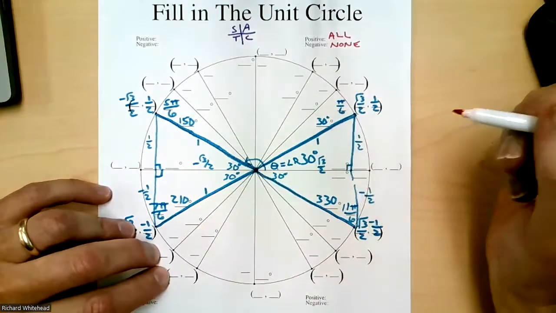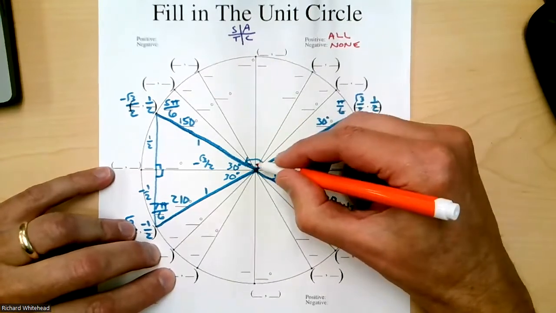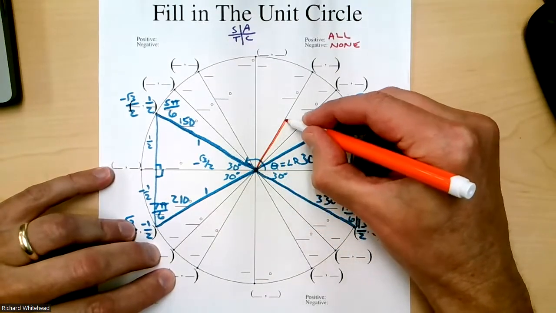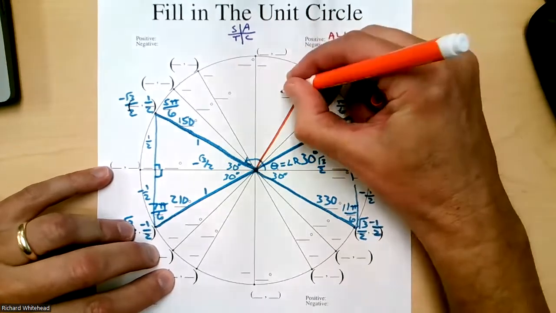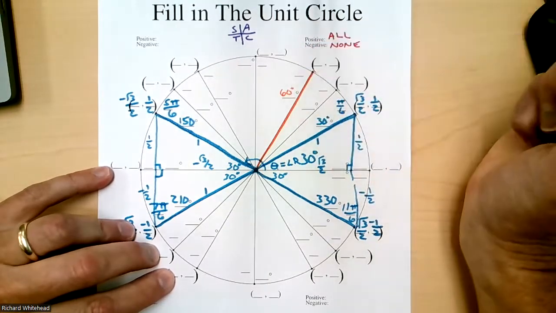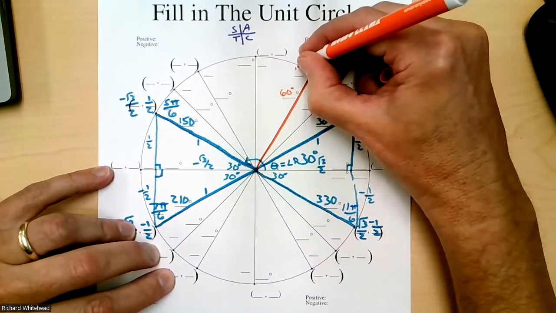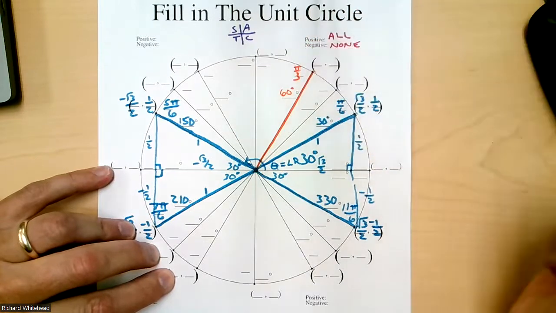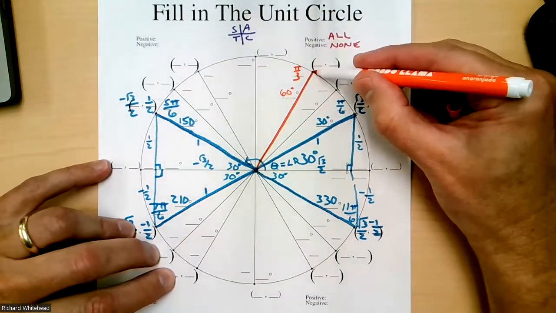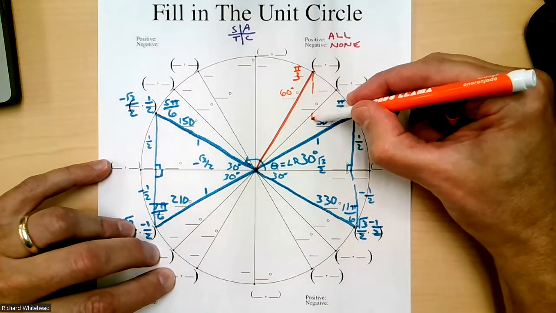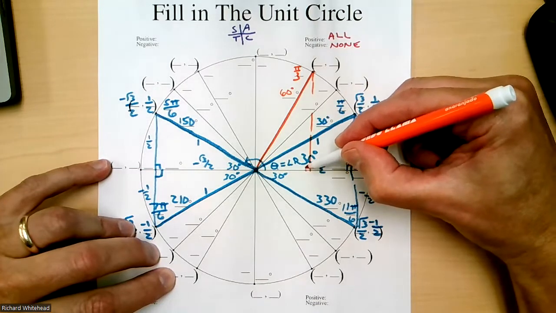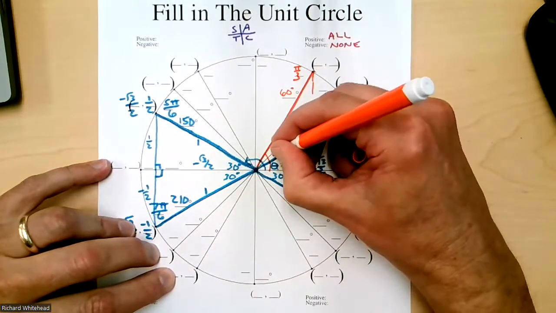Okay, let's do our second set of angles. Let's do the 60s. So here's our 60-degree angle, which is pi over 3 in radians. And if you think about it, if you made your trusty right angle right here, since it's 60 degrees in here,